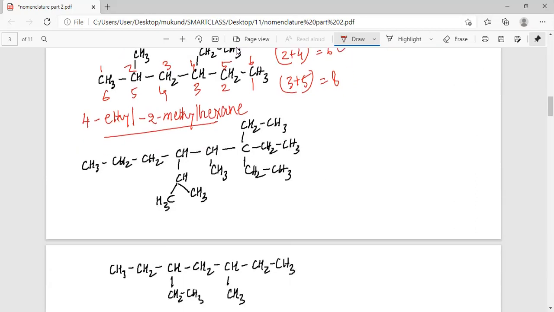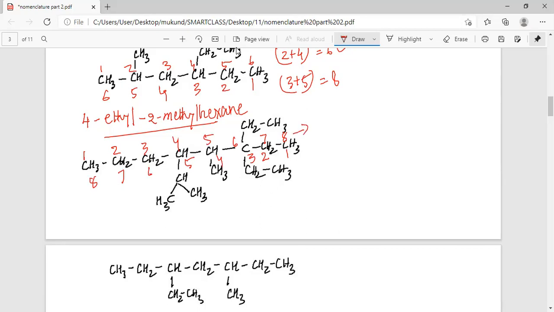Same way, dear students, we can go for the next compound. Let us first go for the numbering. So we can write the numbers as 1, 2, 3, 4, 5, 6, 7, and 8. Even if we give 7 and 8 number to these two carbons, we will have maximum 8 carbons. Now if we start numbering this way, 1, 2, 3, 4, 5, 6, 7, and 8, we can go for the lowest sum rule.